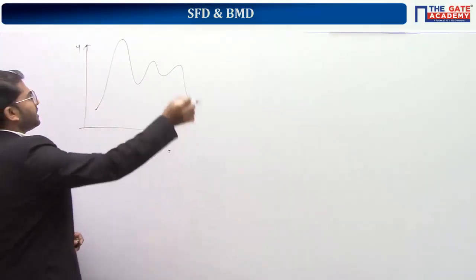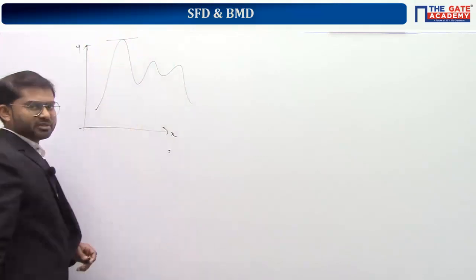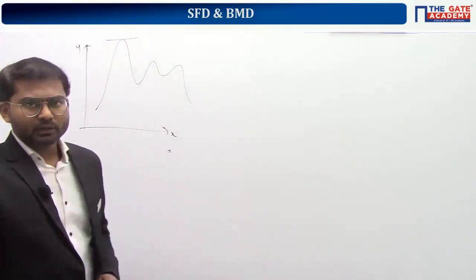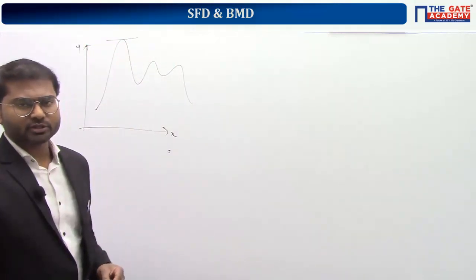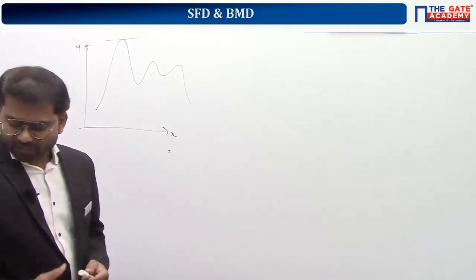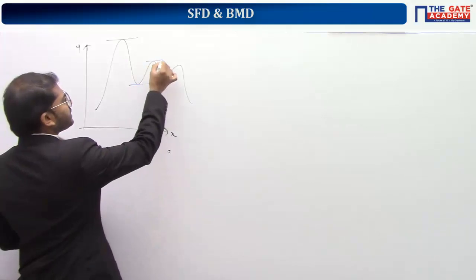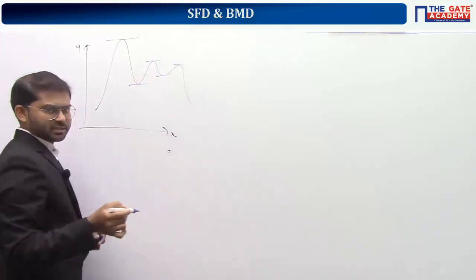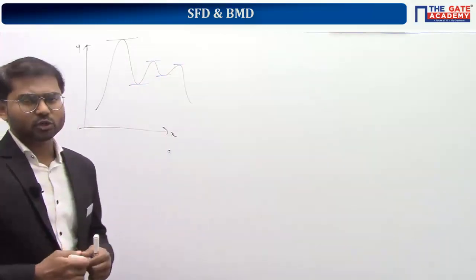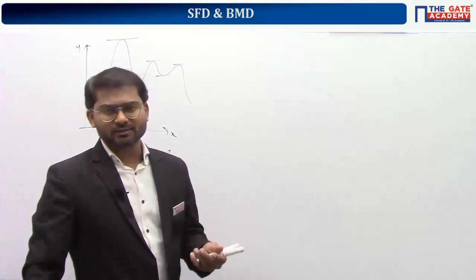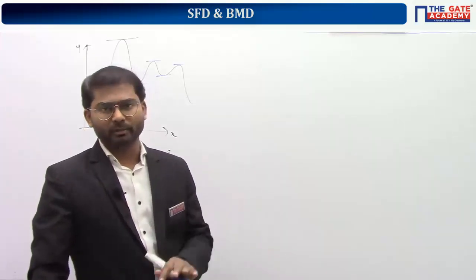So wherever the function is maximum, at that location slope is equal to 0. Understand? This is very much clear to us. But the reverse statement is not true. That is, wherever slope is 0, I can't say at all the locations the function is maximum. Because wherever slope is 0, there it can have a local maximum, local minimum, global maximum, global minima.